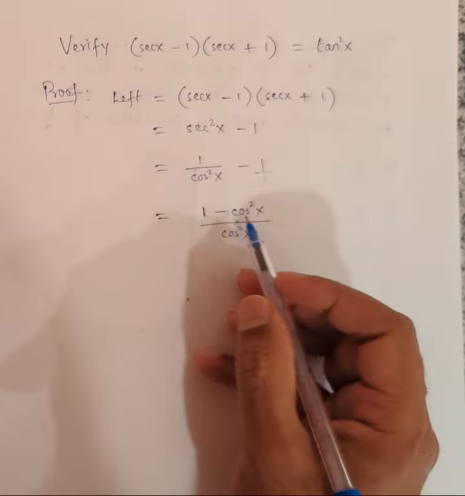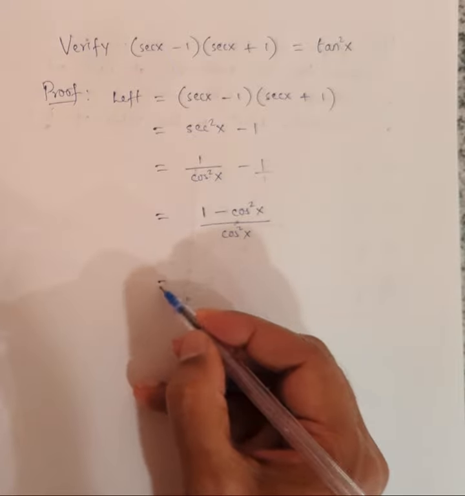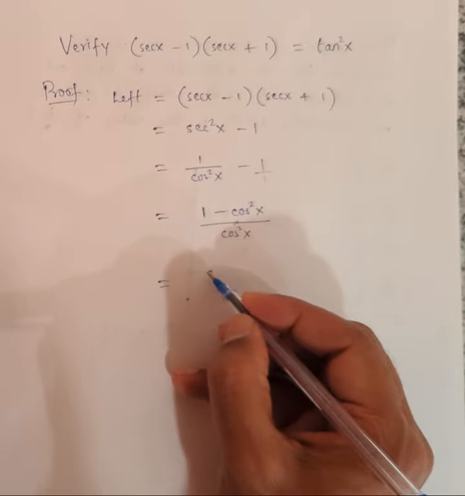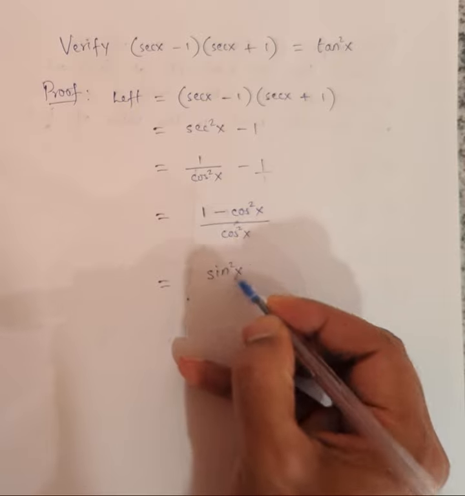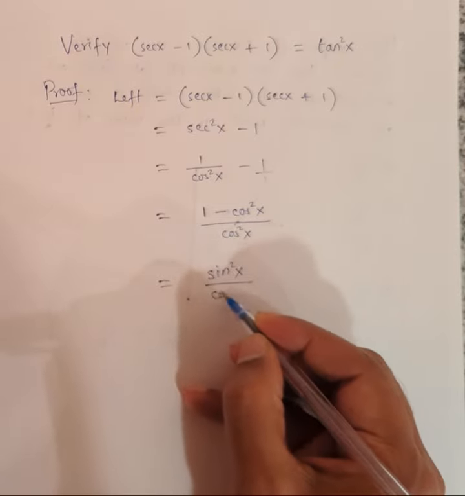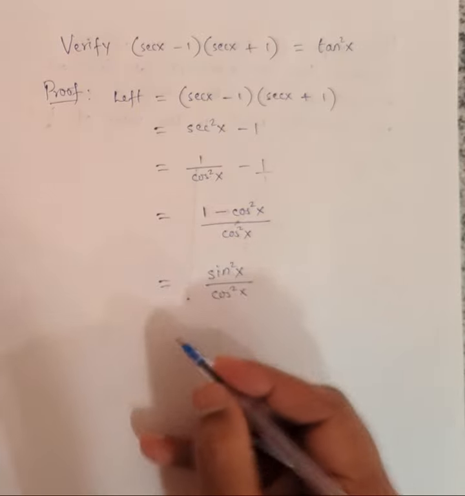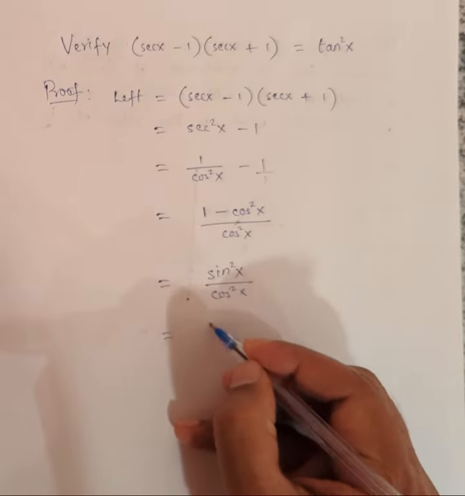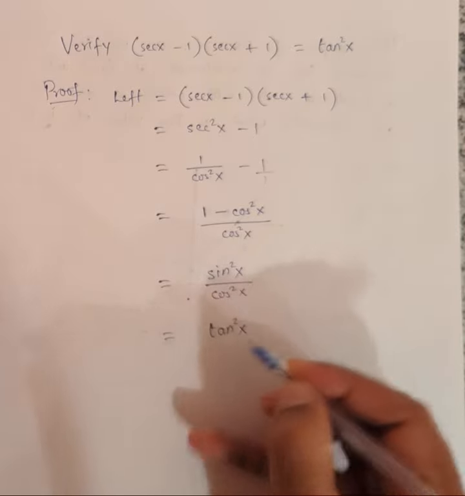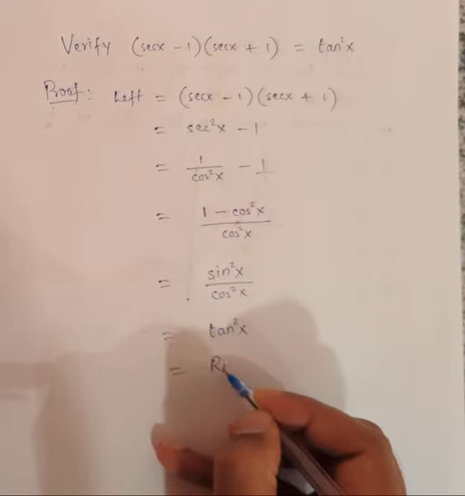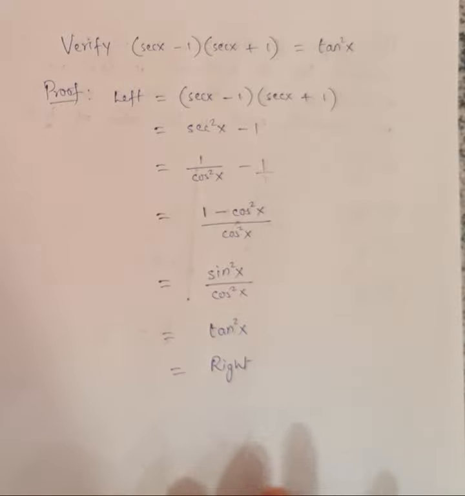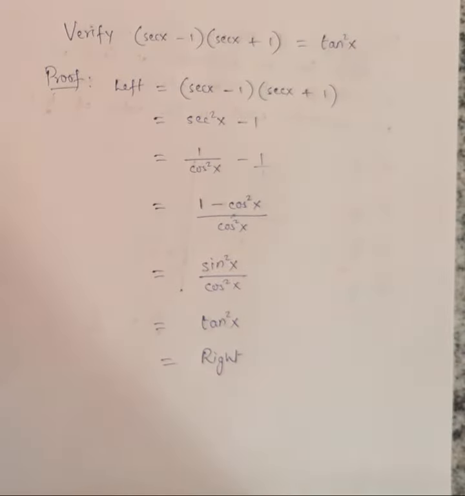And if you know sine square x plus cos square x is 1, then the numerator is going to be sine square x. And what is sine over cosine? That's equal to tan. So sine square over cos square equals tan square x, which is the same as the right side. Now it took us a little bit longer, but if you